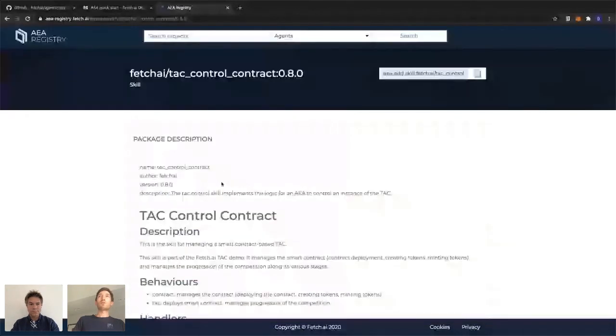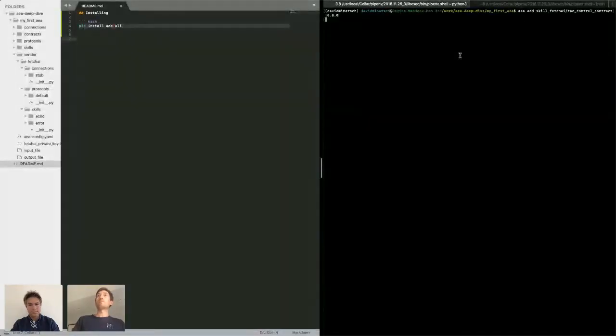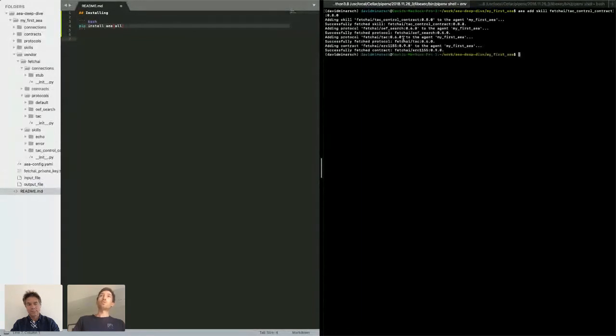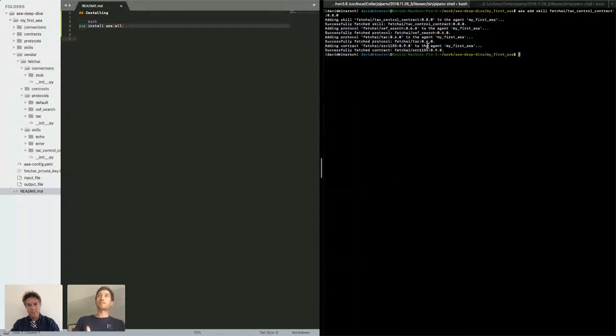Let's see that one, and I can then basically add that if the versions match. Yeah, they seem to match. And so you see this is a bit more complicated skill. It has a few dependencies, and then they're automatically fetched. So this is what we would expect from a registry.